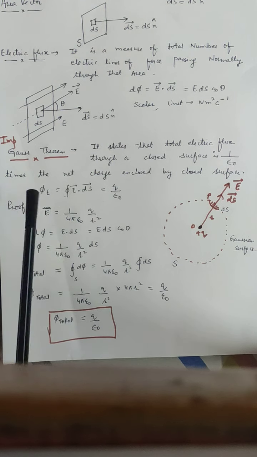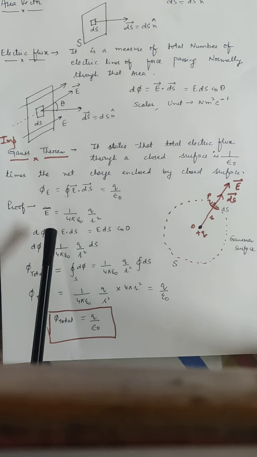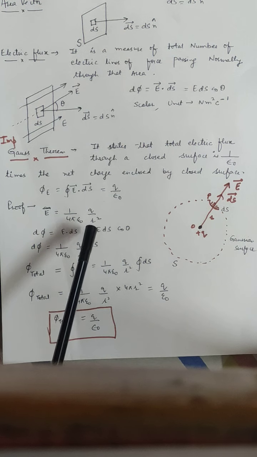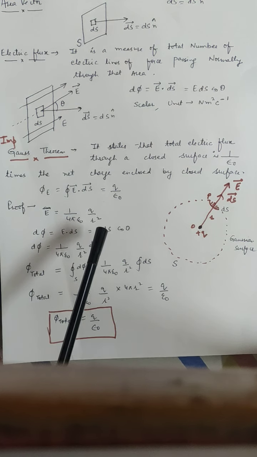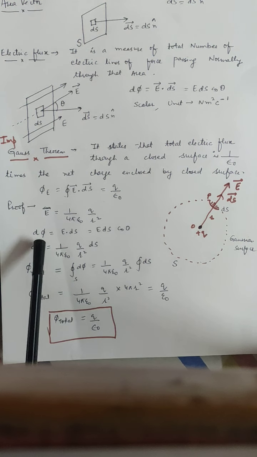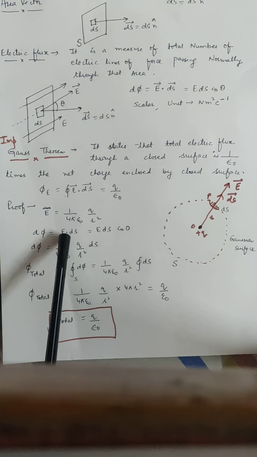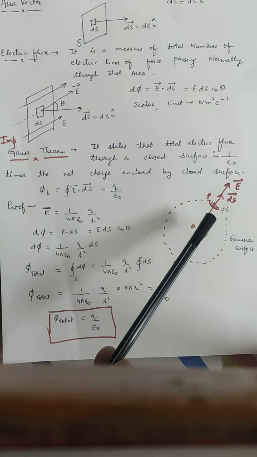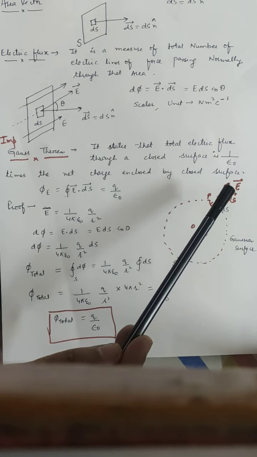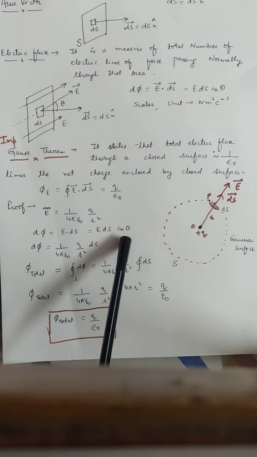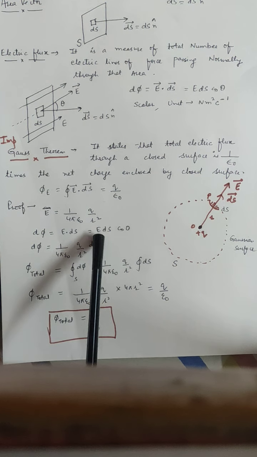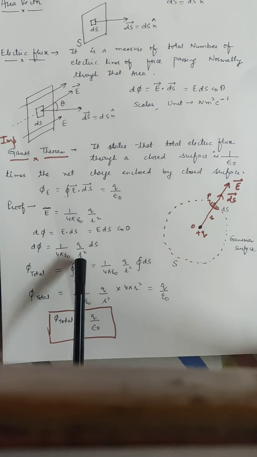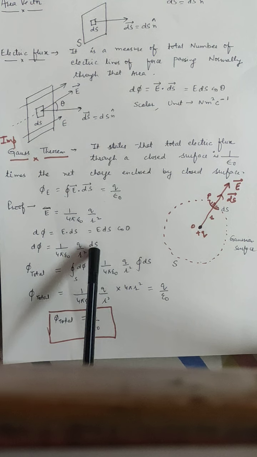Now let's try to prove Gauss theorem. So electric field at point P, which is at a distance r, is given by 1 upon 4 pi epsilon naught q upon r square. Now by the definition of electric flux, small elemental flux is equal to E dot ds. Since the angle between electric field and ds is 0, I put cos 0 over here. So d phi comes out to be equal to, substituting the value of E, 1 upon 4 pi epsilon naught q upon r square ds, and cos 0 is